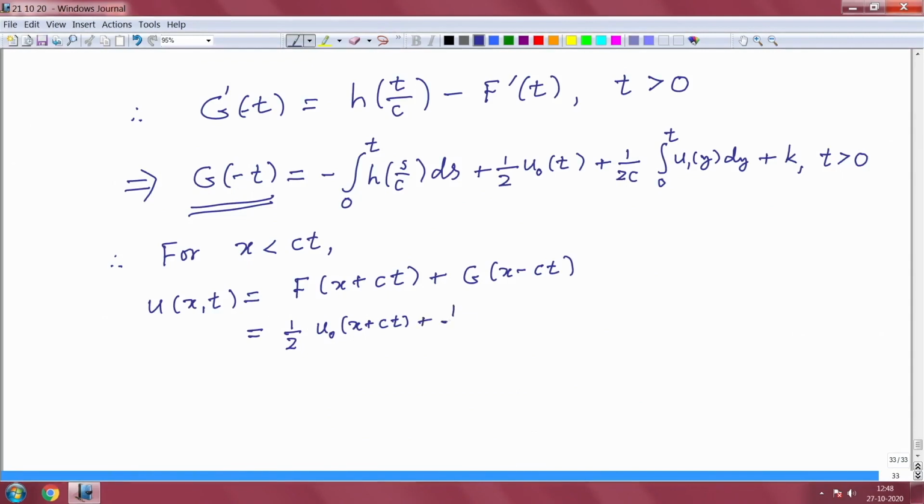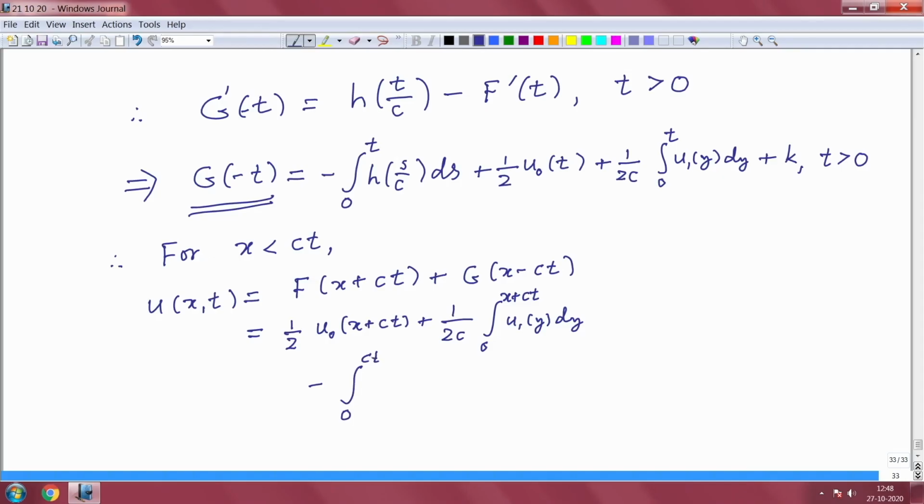Plus 1 by 2 c, 0 to x plus c t, u 1 y dy. This is for f, and now, so this is minus t. So, I write this as minus c t minus x, that is positive. Okay. So, just you get minus 0 to